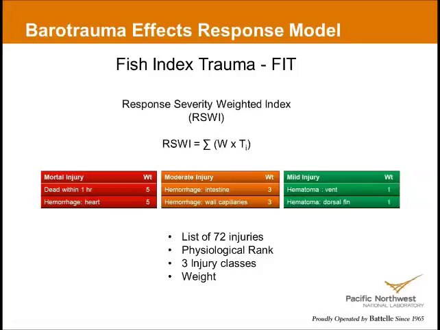So when I say fish were given an exam, what does that really mean? We used a list of about 72 different injuries that we looked for internally and externally. And then we needed to understand what the biological effects of those injuries were. So if there was a bruise on a fin or hemorrhaging of a vital organ, is there a difference between those? We generated what's called the Fish Index of Trauma model, and we applied that, and I'll talk to you about that on the next slide. Basically it helped us get to the answer of what these injuries mean to the fish.